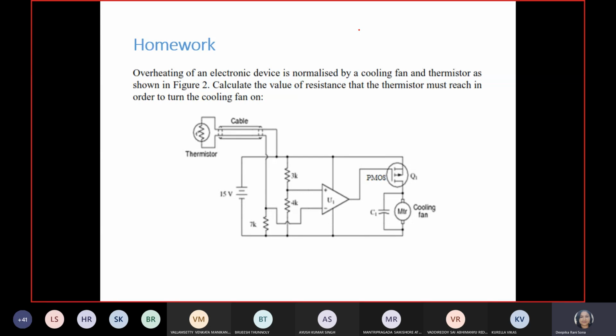Now this is the homework question for you guys. If you want, you can take a screenshot, because I have not uploaded this PPT yet. You may take the screenshot to solve the question. In the remaining classes, I'll check this answer, but this is one important question I have given for you. You just practice this.